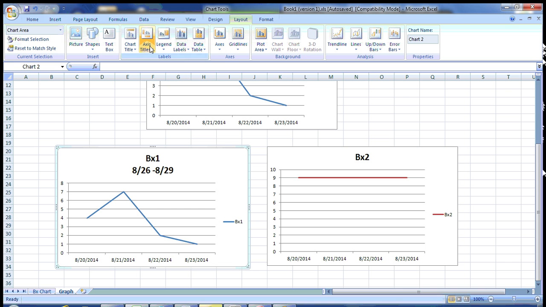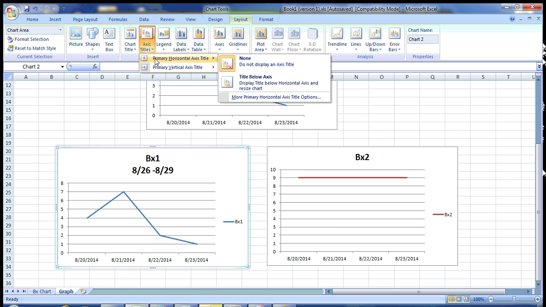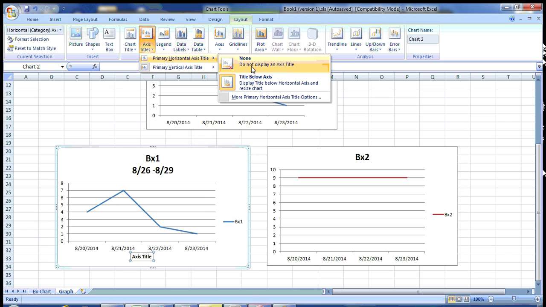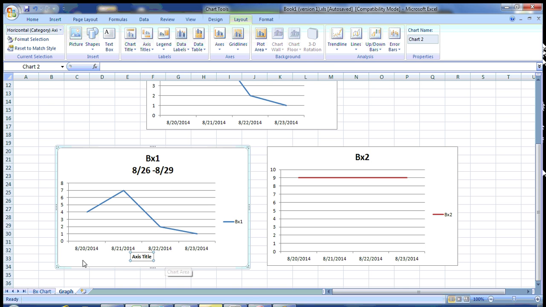So you can go to axis titles. For our x-axis, our horizontal axis, you go to, so again I'll show you, axis, horizontal, title below axis. And that should pop up. You can click on it and change it. I'm just going to label that axis date,